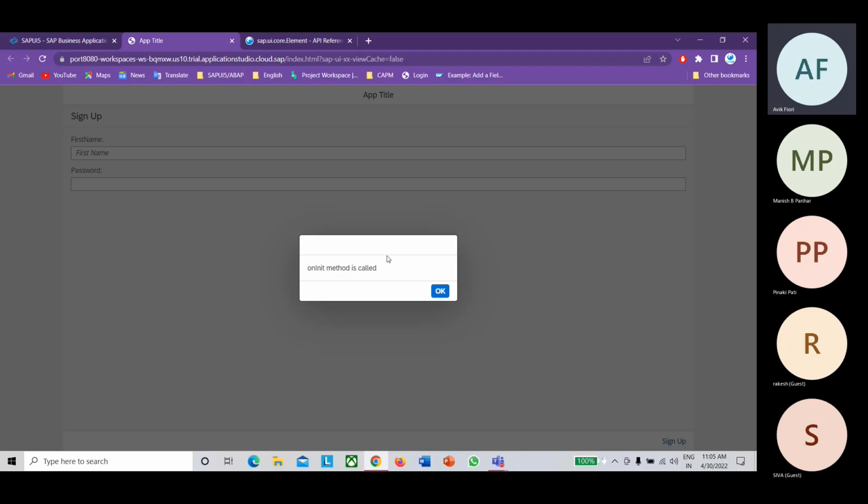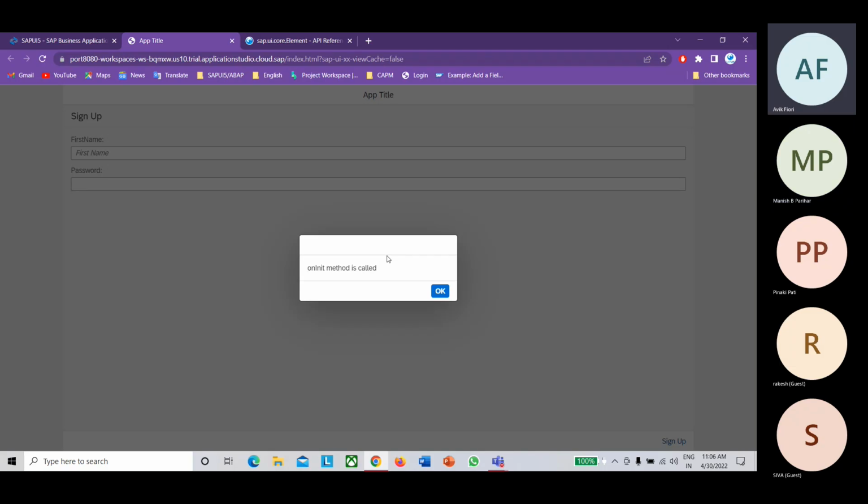For example, I have added 10 lines of code inside onInit. Initially, if you're loading the registration page, your 10 lines will be executed. But for the second time, it won't trigger all of them. Only the one line of code in which we have defined some routing, some router parameters or some targets.